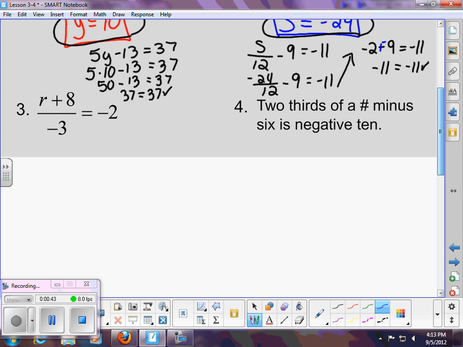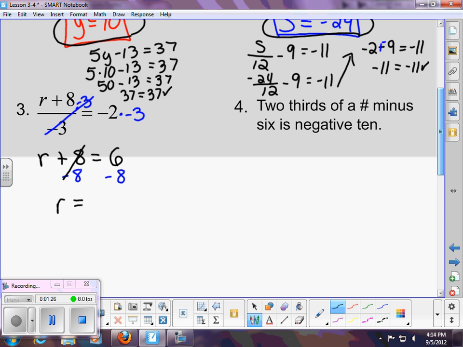The last operation I read was divided by negative 3. That means that needs to be the first thing that I undo. The opposite of dividing by negative 3 is to multiply both sides by negative 3. That leaves us with r plus 8 equals negative 2 times negative 3, which is positive 6. That's really easy to solve. The opposite of adding 8 would be to subtract 8. So subtract 8 from the left and from the right